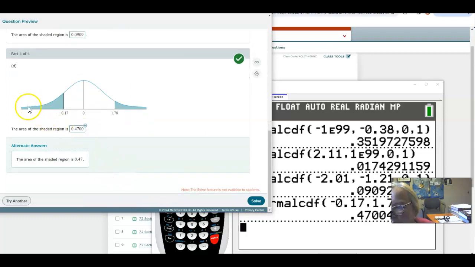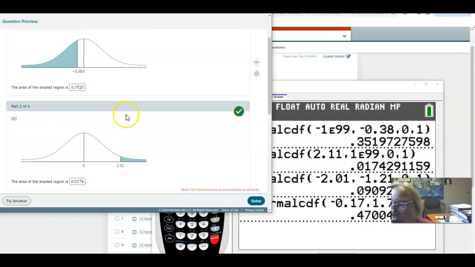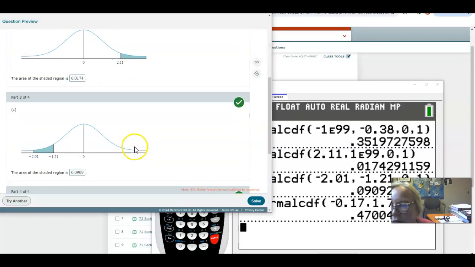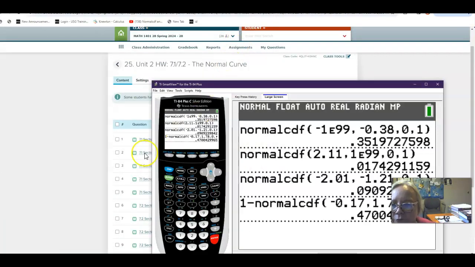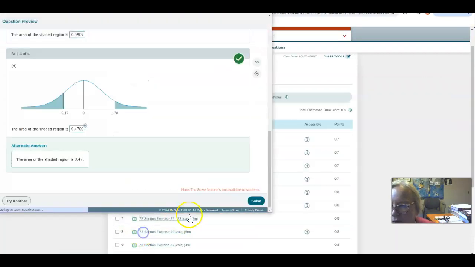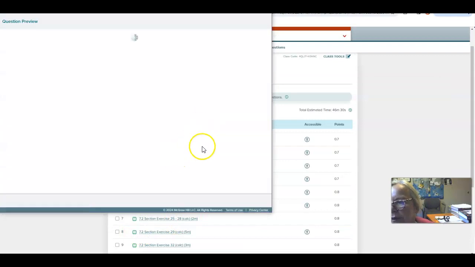Again, you could calculate the area to the left and the area to the right and add them together like we did here and here, or you can just use the fact that the area under the normal curve is 1, and subtract the area in white. That was number 2. Number 8 asks you about